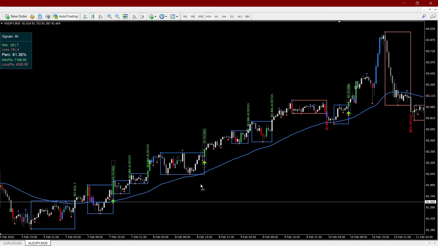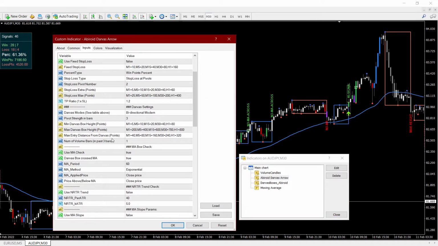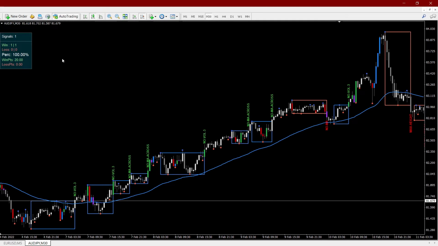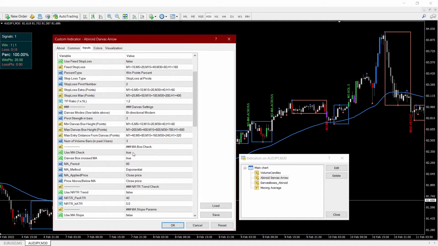So if that setting, the number of volume bars, you can set a maximum value of 3 bars because it will check the previous 3 bars. So right here it will check the signal bar and the 2 bars before that. So if I have something like 3, then it's very rare for all 3 bars to have a high volume bar. So I'll just press OK, and I just get one signal where there were 3 consecutive high volume bars. If I set that to something like 2,